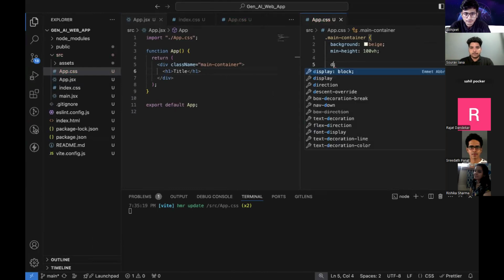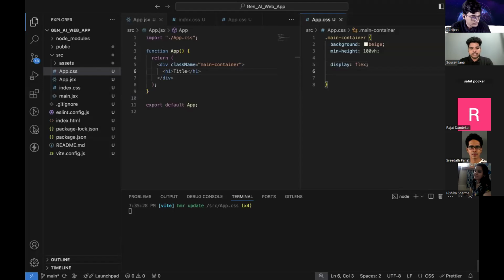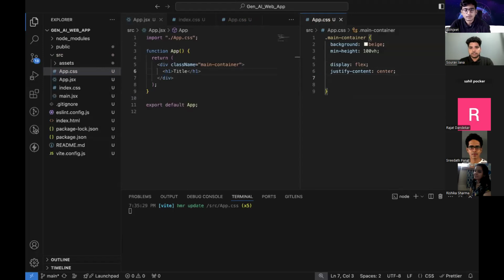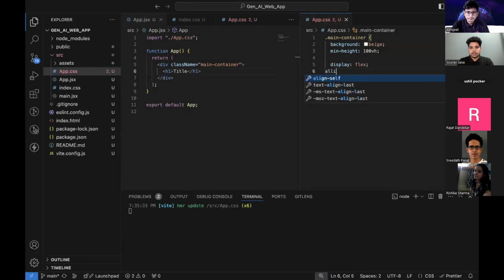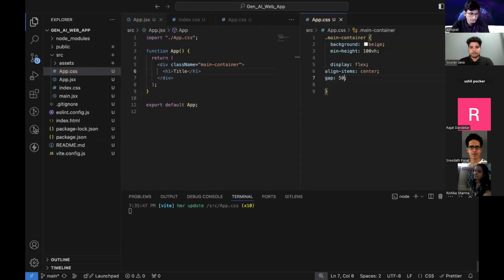So sorry, display as flex, and then justify content as center, or just remove this thing. Align items as center, then let's put some gap here as 50 pixel. Okay,